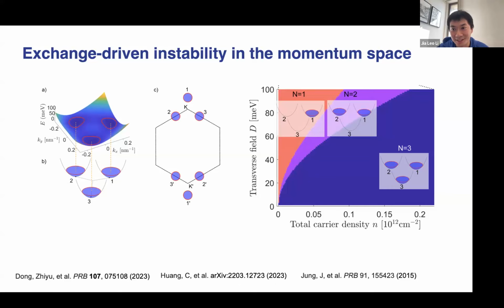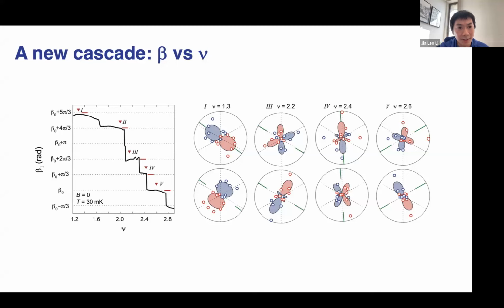So we should have 6 characteristic directions that the mirror plane is locked to, right? So it's something that we can check. So I'm going to show this phenomenon. We call it a new type of cascade, right? We're just looking at the mirror axis orientation, and in this case, this is measured from twisted trilayer